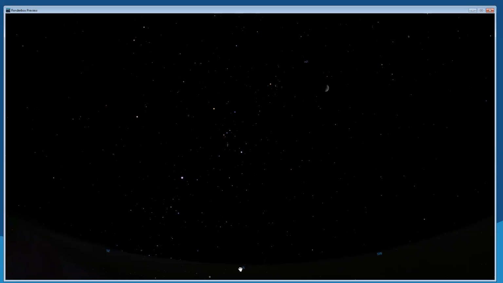If you pretend that you're standing on the ground, remember that you're looking all the way up overhead, like you had your head tilted back just as far as it could go. This fisheye view helps you get a better perspective of the stars.